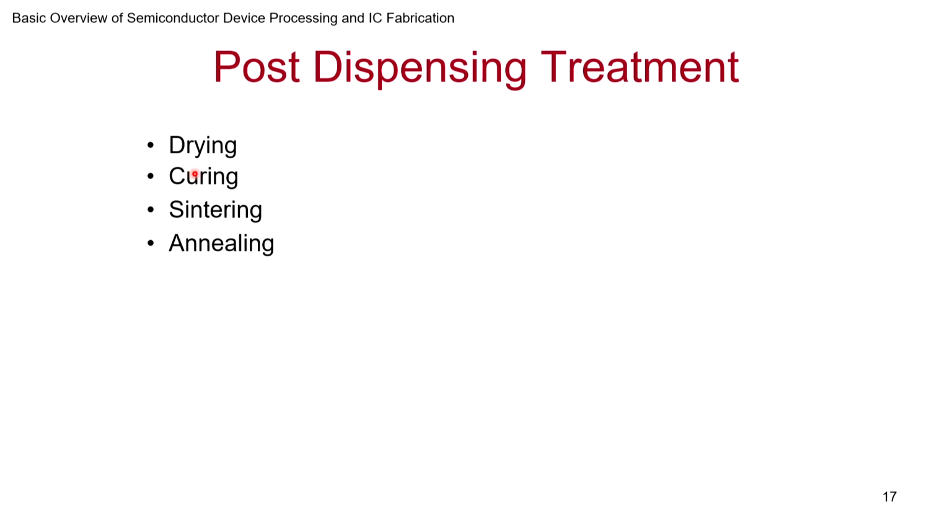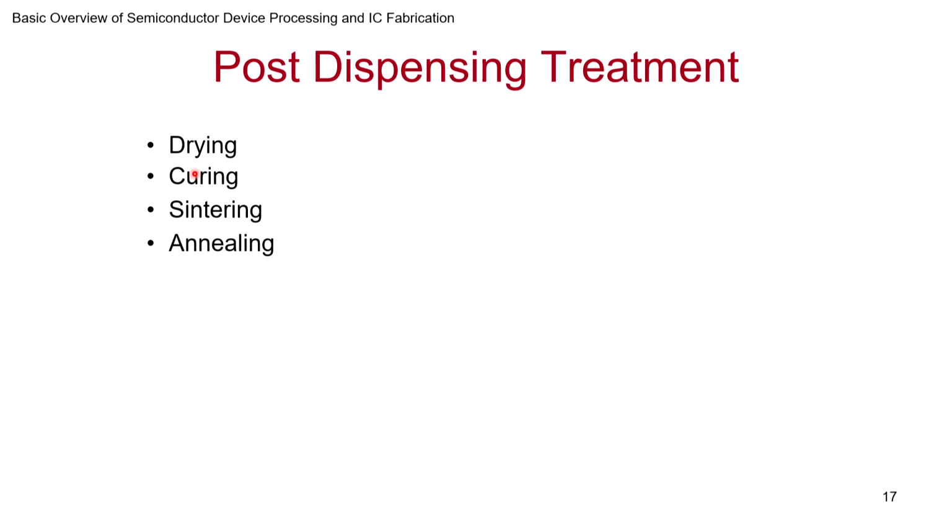Curing is when there is a chemical reaction that takes place and maybe the molecules combine with each other, like vulcanization of rubber, which is one of the popular examples they give for curing. So it's a chemical process. Or you can have sintering. Lots of nanoparticles of metals come together, and without going to the melting temperature, they coalesce together and form a continuous film. And then, of course, the all-encompassing annealing is there.